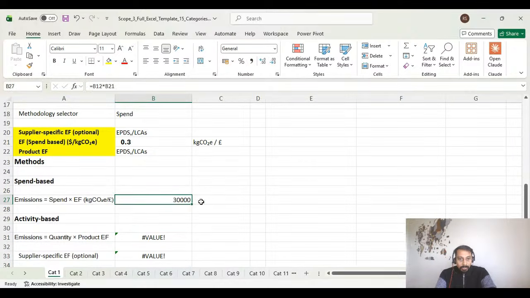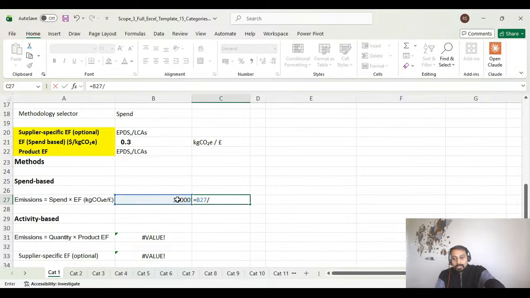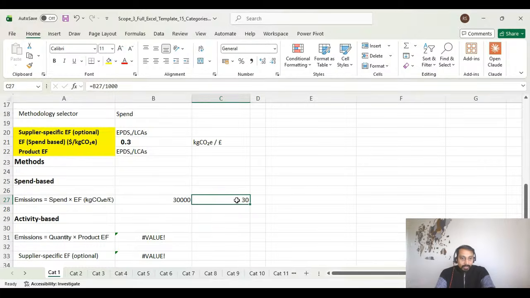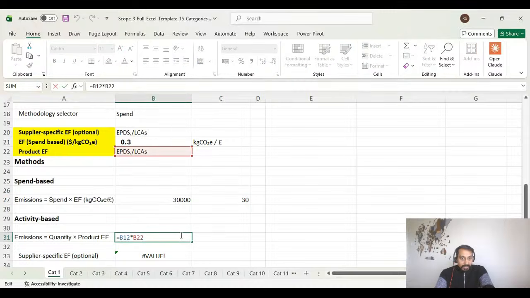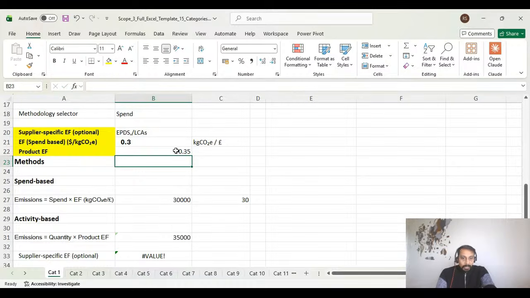This is the kilogram emissions that we get, and to convert into tons you have to just divide it by 1000. So this is the tons of CO2 equivalent for category 1 based on the spend based methodology. And similarly, if you have the activity based methodology, then you will require the product emissions factor. So here, for example, based on the steel zero campaigning, the emissions factor will be 0.35 for